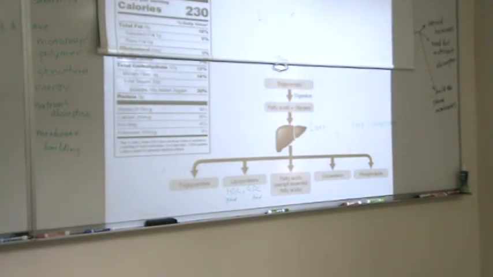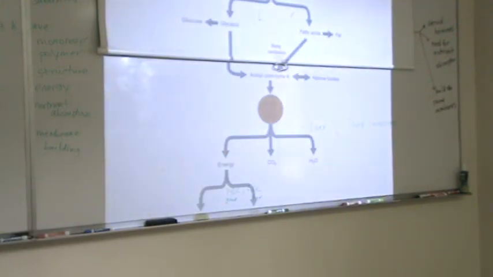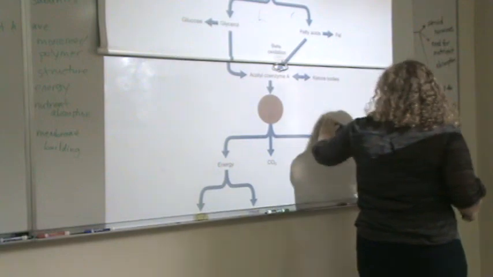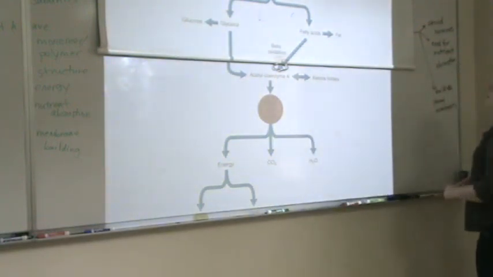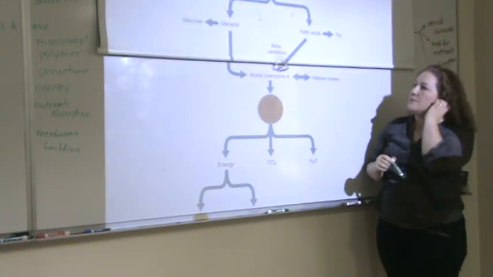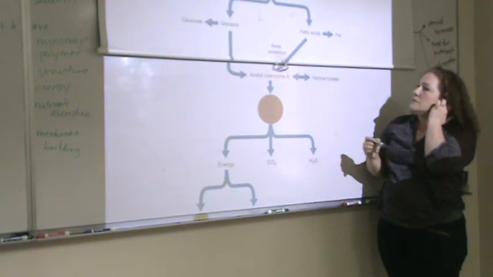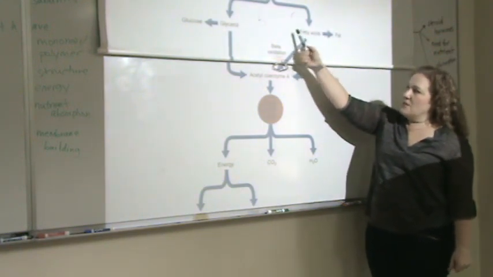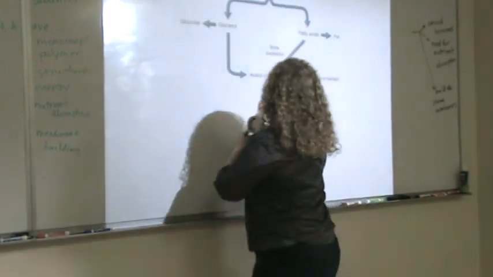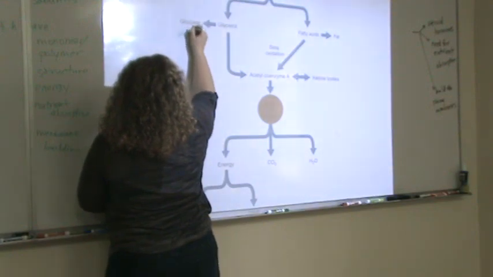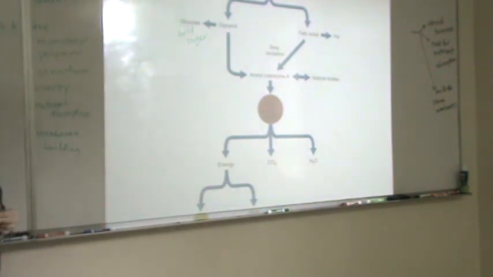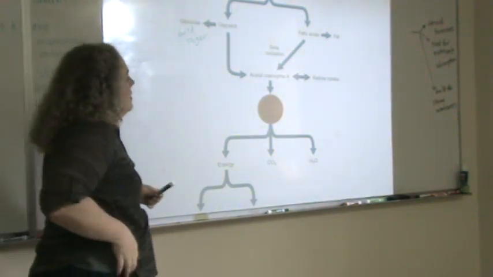This next picture is another slightly irritating flowchart, but important, because I want to highlight some certain things from this. So we eat fats, we digest them. You could write digestion right here. We break apart the fatty acid chains and the glycerol. We can use glycerol to build sugar. That's cool. We can use glycerol to build sugar. So if you're doing a low